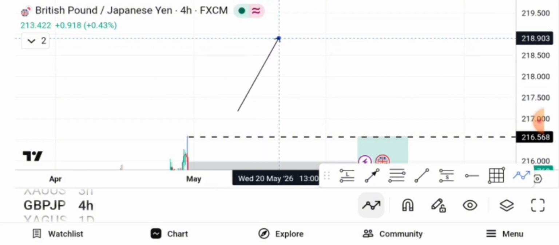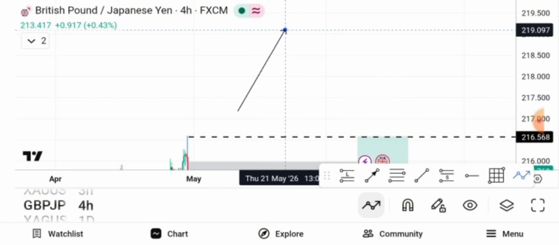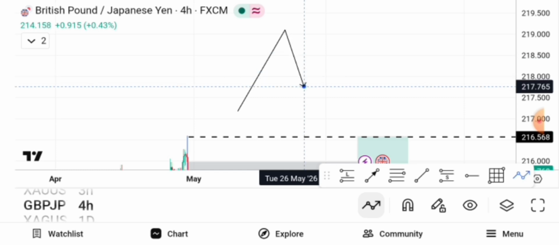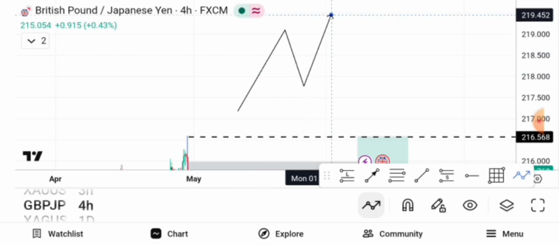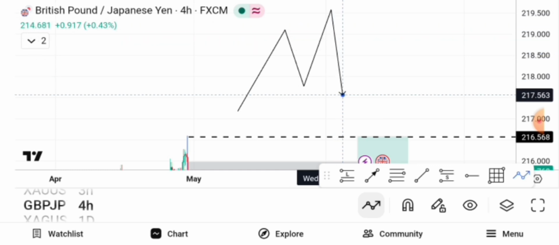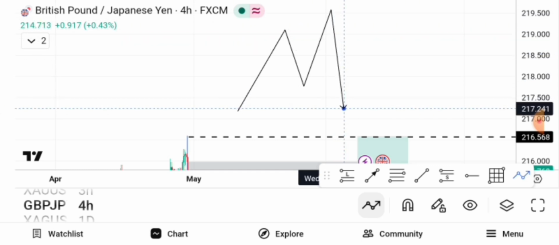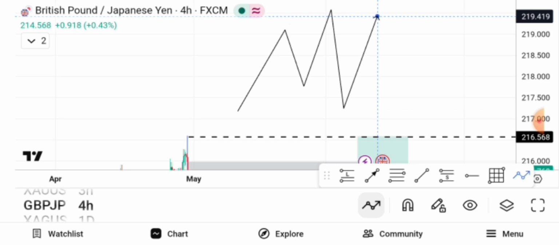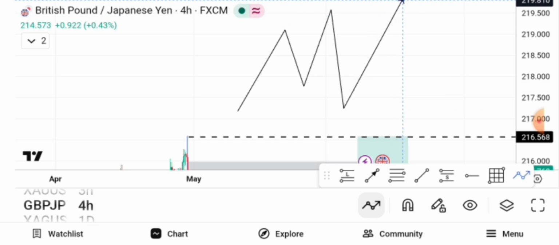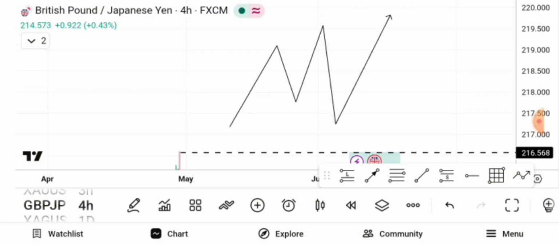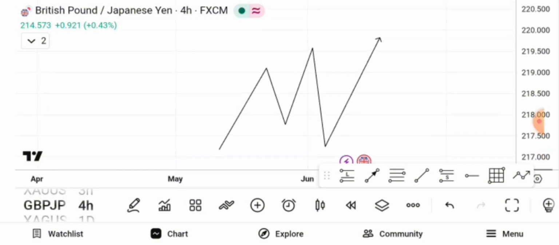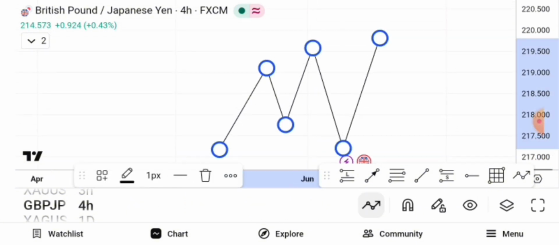Like this is the first leg. I will use an uptrend to explain it. First leg, second leg. This is the third leg. See something like this. Then see something like this. Yeah, when you have situations like this in the chart,